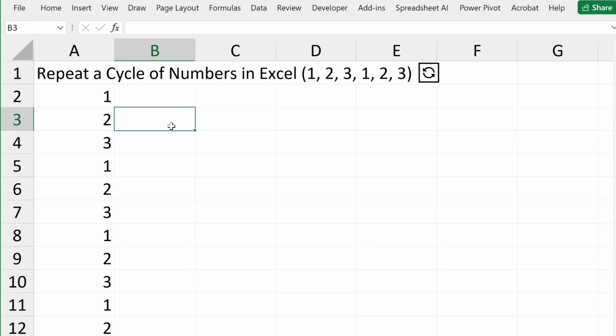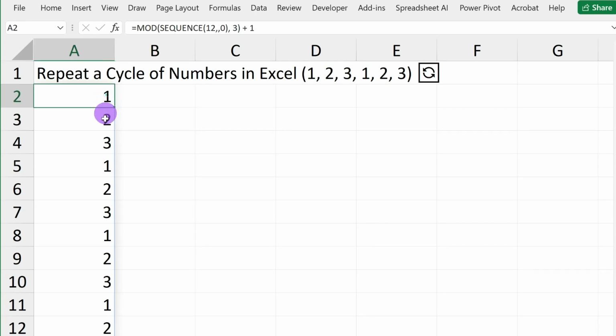Hi everyone, learn how to easily generate a repeating cycle of numbers like 1, 2, 3, 1, 2, 3 in Excel using a simple dynamic array formula. So in this video, we combine MOD and SEQUENCE to create a repeating numbers pattern without manual copying or complex